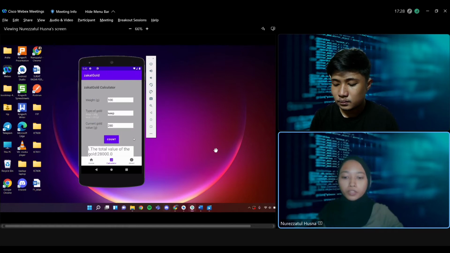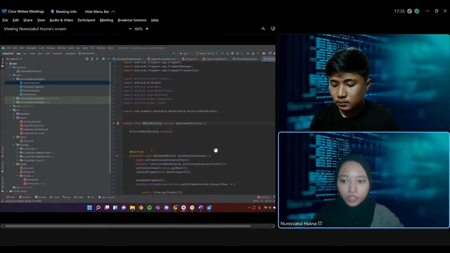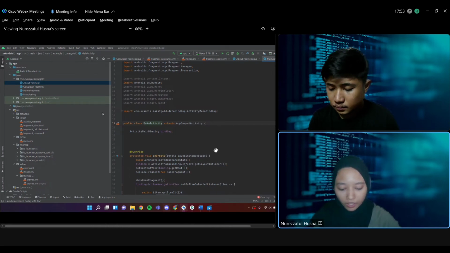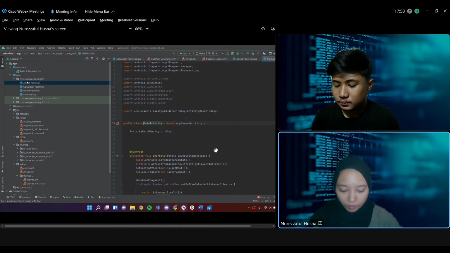I will brief you a bit about the source code used to create this application. Firstly, I did fragments. A fragment is a piece of an application's user interface or behavior that can be placed in an activity. The fragment class can be used in many ways to achieve a wide variety of results.